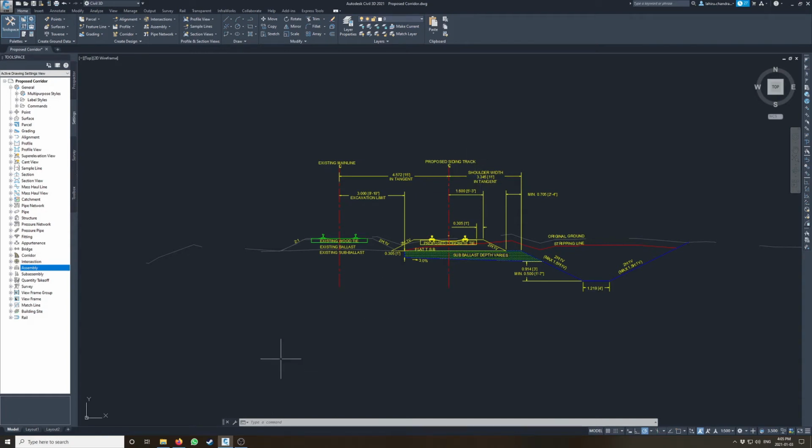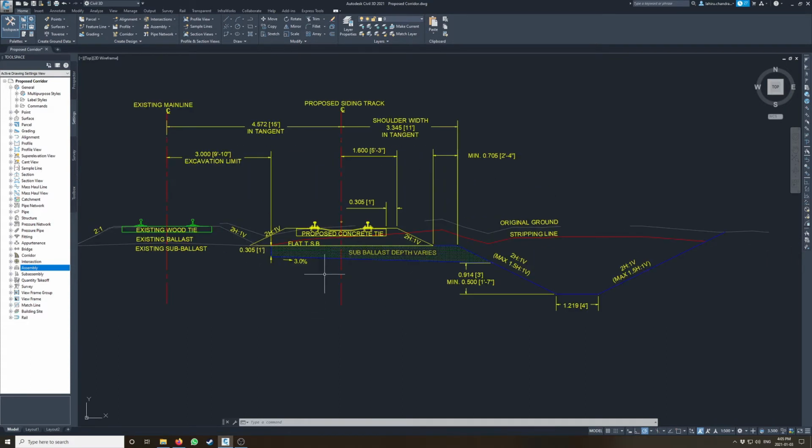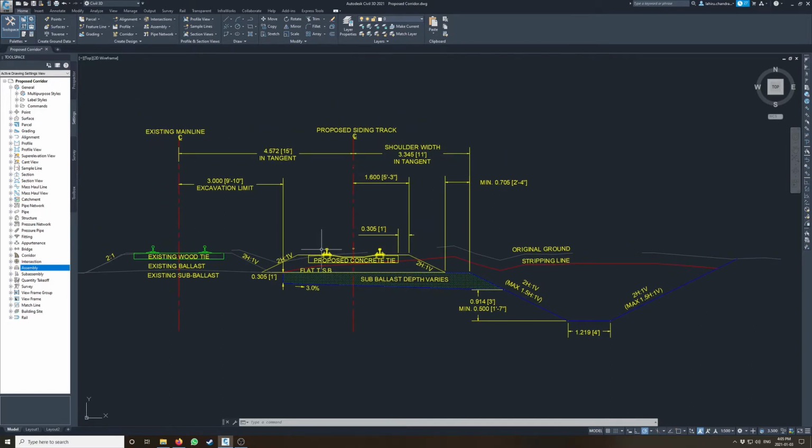In this video, I'll be going over how to create an assembly for a siding track. I won't be going over how to do super elevation in this video, nor will I be designing the rail, the ballast, and the tie. This is just going to be a basic assembly to generate surfaces and calculate quantities eventually once we create a